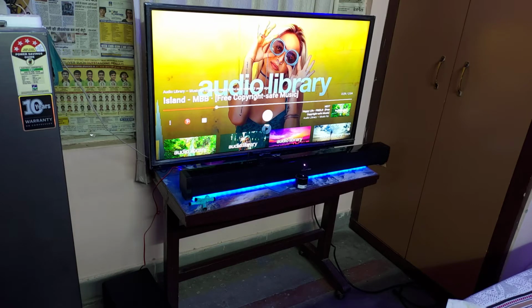But when I was viewing TV series, sometimes high notes are really buzzy. So when the dialogue is delivered and all, you might feel it a little bit annoying. At that time you need to turn the volume down. Other than that, regarding the music, it's awesome, and I don't think you can have a similar quality within this price. So I think I have given enough review about it.